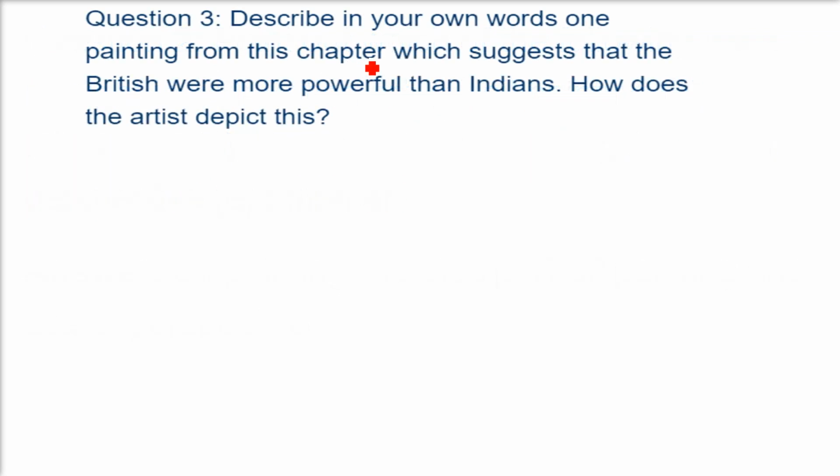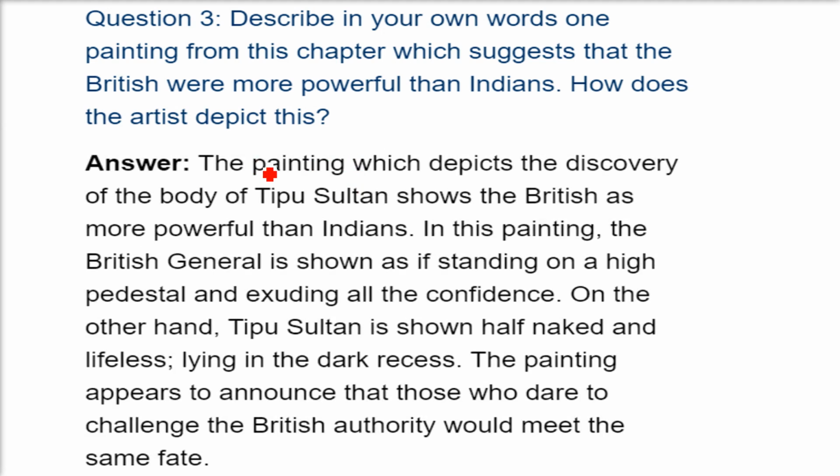Describe in your own words one painting from this chapter which suggests that the British were more powerful than Indians. How does the artist depict this? So the painting which depicts the discovery of the body of Tipu Sultan shows the British as more powerful than Indians. In this painting, the British general is shown as if he is standing on a pedestal and exuding all